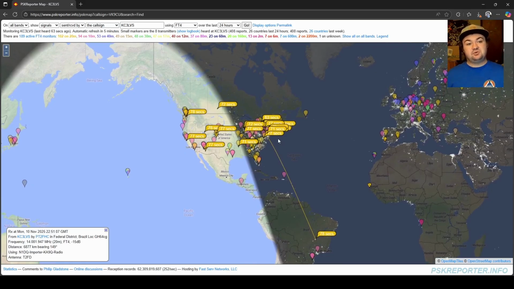So this is a really good tool. If you're not sure why you're not getting out because no one's coming back to you, I suggest hopping into PSK Reporter, putting in the band you're on, the mode, and hitting go. This will show you where you're being heard, where you're not being heard, and so on. So now let's move over to